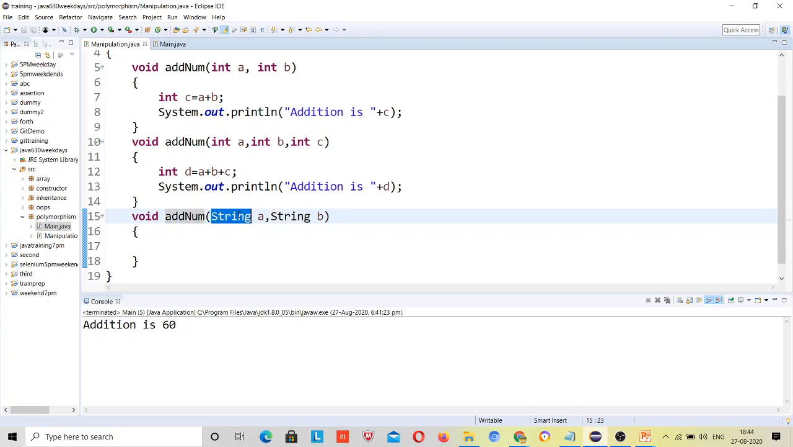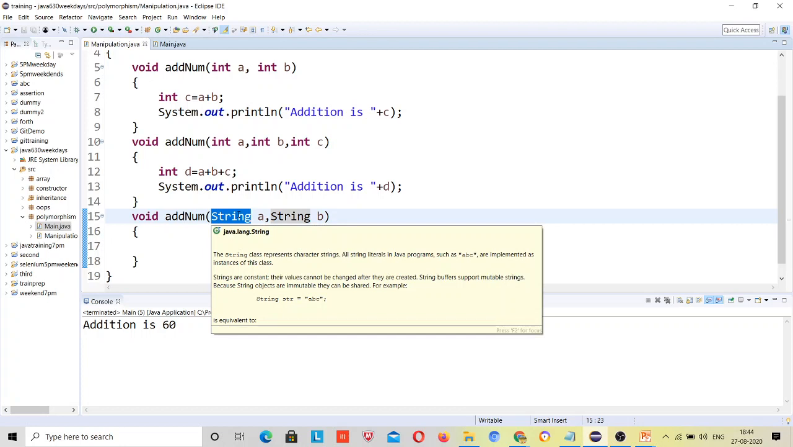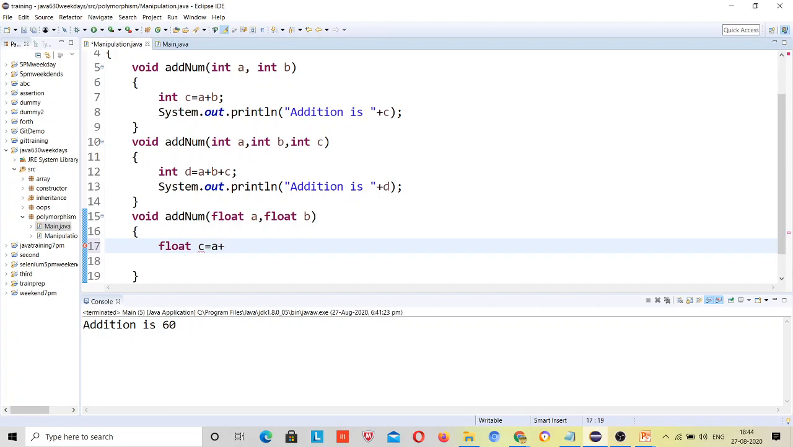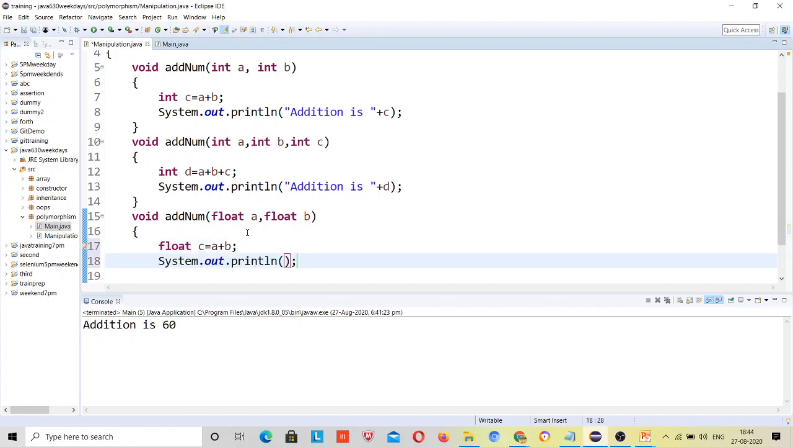Now if I want to add numbers, you can write it as float. Float a. Will this give an error? No. Will this give an error? No. It will add two floating numbers. Float c is equal to a plus b. Sys out, addition of numbers